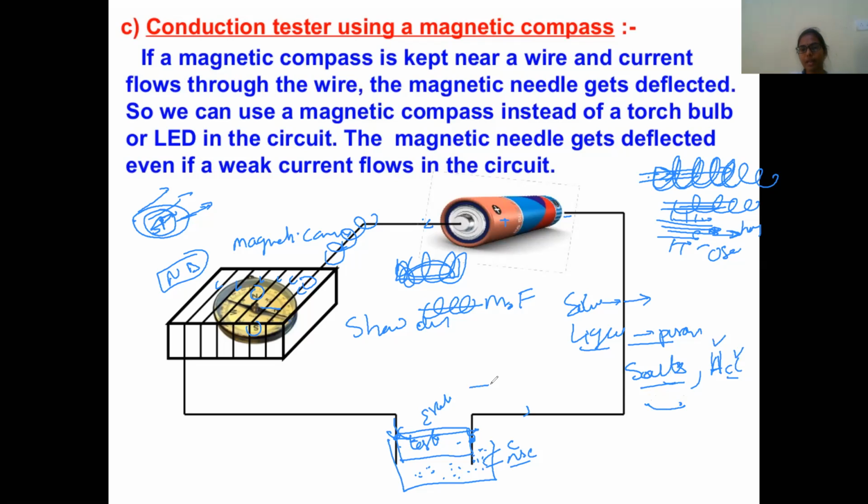But in metals the electrons are going, so that current is moving. But here the ions will go. In case of liquid, what will be the free charges? That means what will make the current move? That is ions. Please remember, in case of liquids, ions are responsible for current. In case of solids, that is in case of metals, the free electrons are responsible for current. Clear, children? In case of liquids only, our main topic of this chapter, that is chemical effects of electric current, in liquids we are going to understand. I hope this is clear.